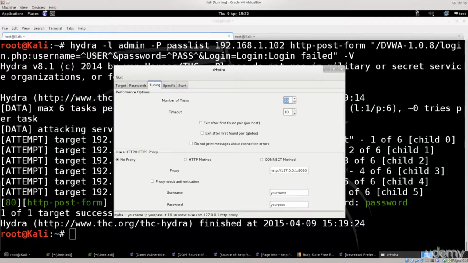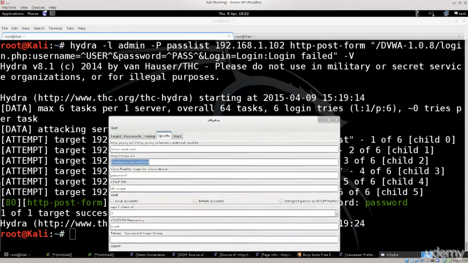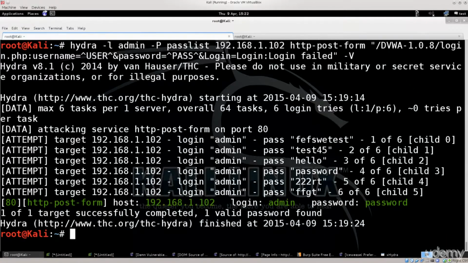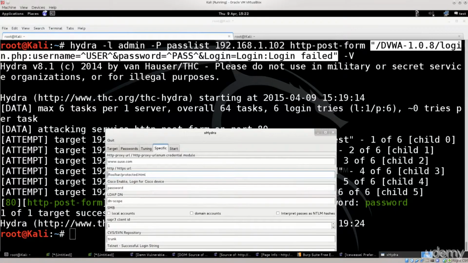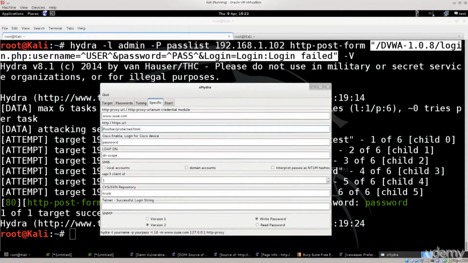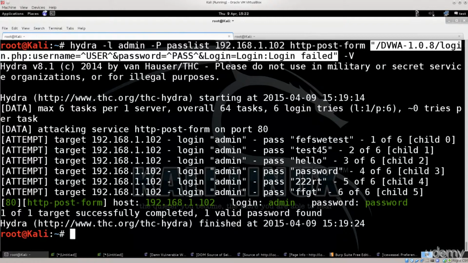Here you can specify a proxy to be used. Not a bad idea either. So where it says HTTP/HTTPS URL, there you would pass these parameters. There you would pass what is in the quotation marks here, something of a kind, if I'm not mistaken. But I'm just showing you if you're curious. So feel free to explore. And here it starts. So you say start, stop, save output, clear output. Clear output clears the screen, and save output saves it to a file. Self-explanatory as well. Anyway, I just wanted to show you that, as I said, if you are curious or something of a kind,